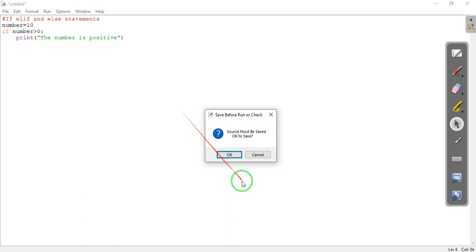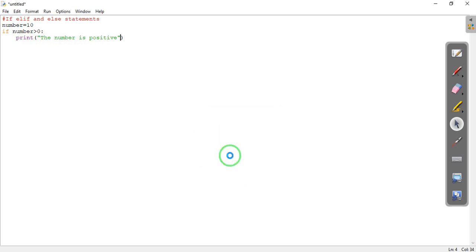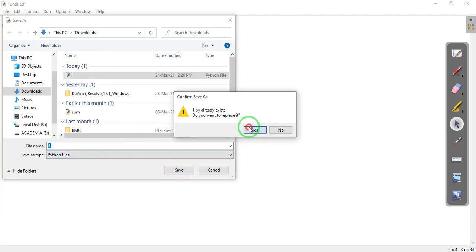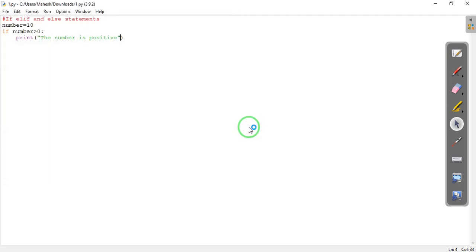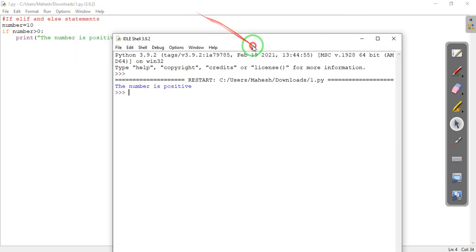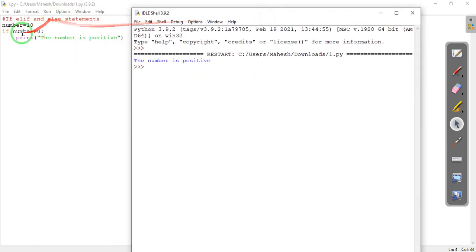Let us save this and run it. Once we give the input, it will check if the number is greater than 0, then it will take this command for printing.